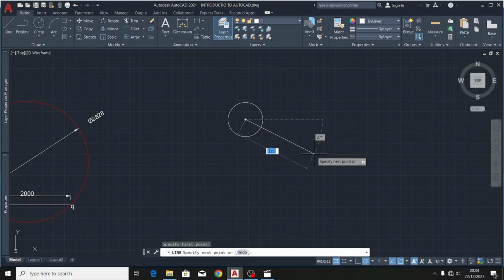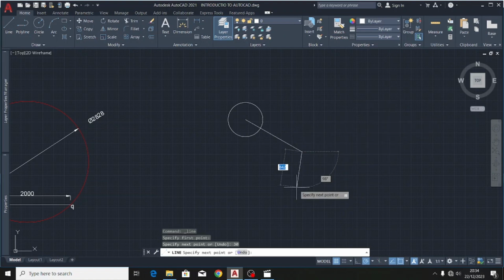So I draw my line, but inclined at an angle of 30. Here in the first box, I'll put in the length of this line that I want. Then I press the tab button such that AutoCAD can take me to the second box for me to feed in the angle, which is 30. So when I click enter,